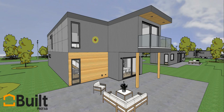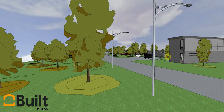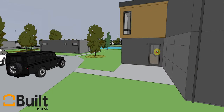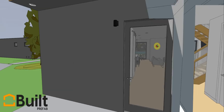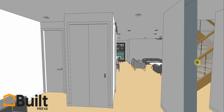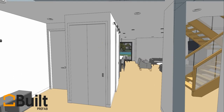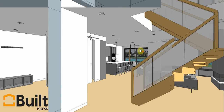And so I think, what I'll do on this one, just because we're coming to the end, is go around. We'll flip ourselves around, and then we're going to zoom right into the house. So here we come. But you get the picture. All the houses are sort of finished the same way, same baseboard, same flooring options, same lighting options, everything across the line. It's more about the choices of the floor plan, and then